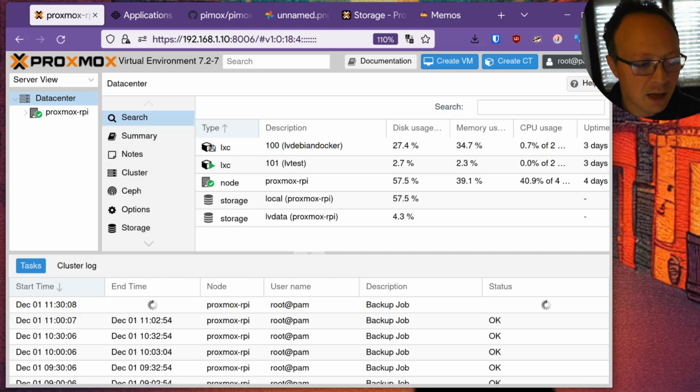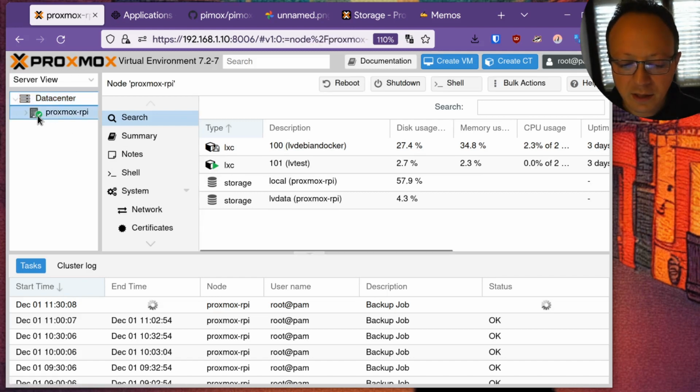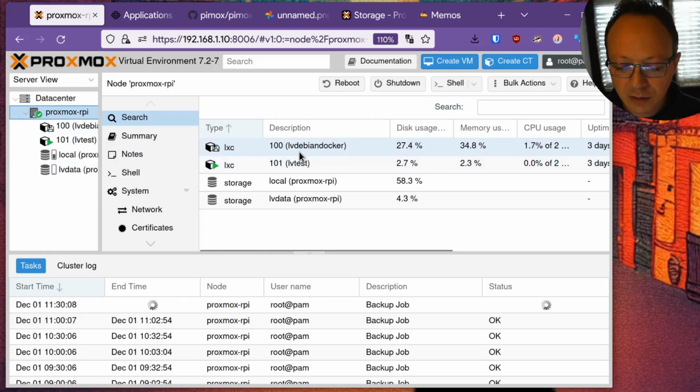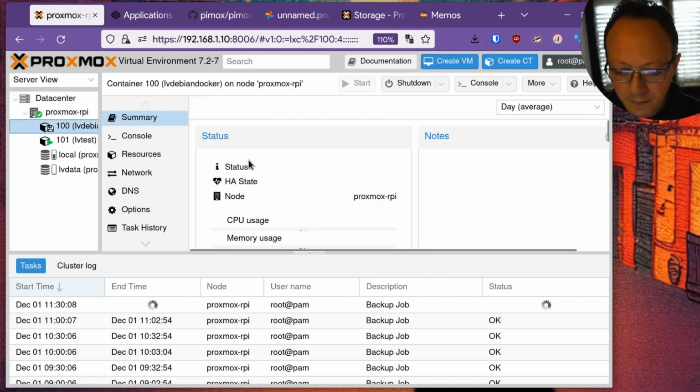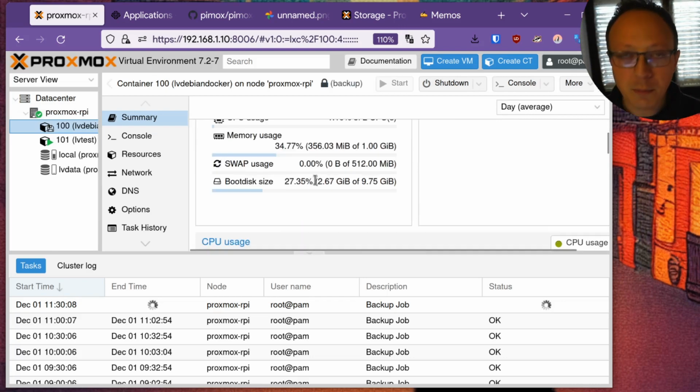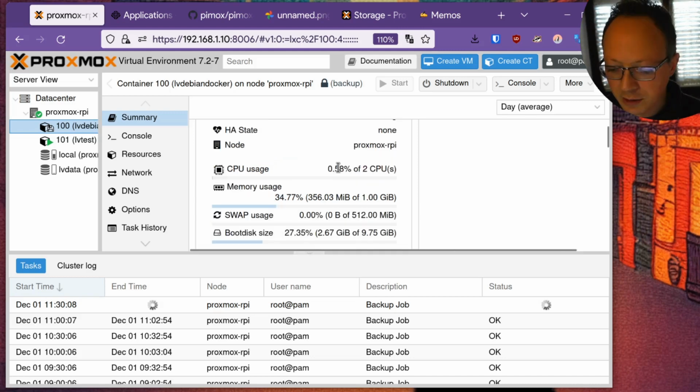Okay, another interesting thing is the monitoring. So in Proxmox, you can pick the server of the cluster, and you can also click, it is doing a backup now, okay, and you can also click on the image to see the memory usage per container or per virtual machine.